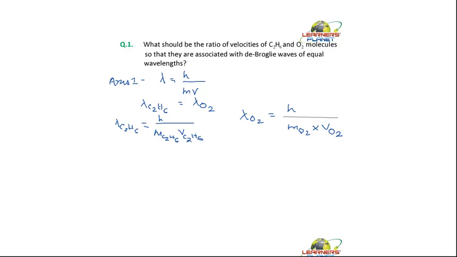Now both of them are equal, so h upon mass of C2H6. What is the mass of C2H6? What is the mass of carbon? It's 12. Twice of it, it's 24. 24 plus 6, what do you get? 30, right? So mass of C2H6 would be 30 multiplied by the velocity of C2H6,